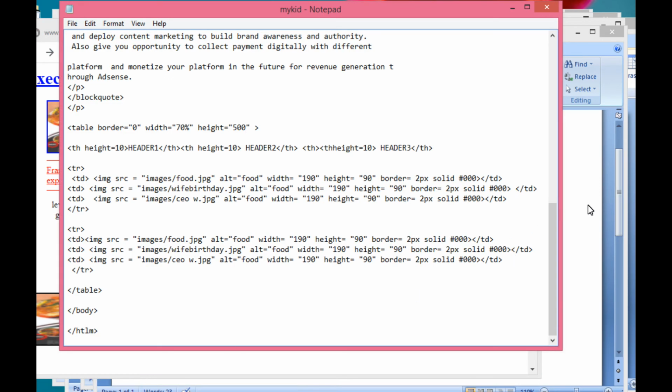For instance, we say this is our table. Let me reduce this height so that the height be 100. And the width be 50%, so that